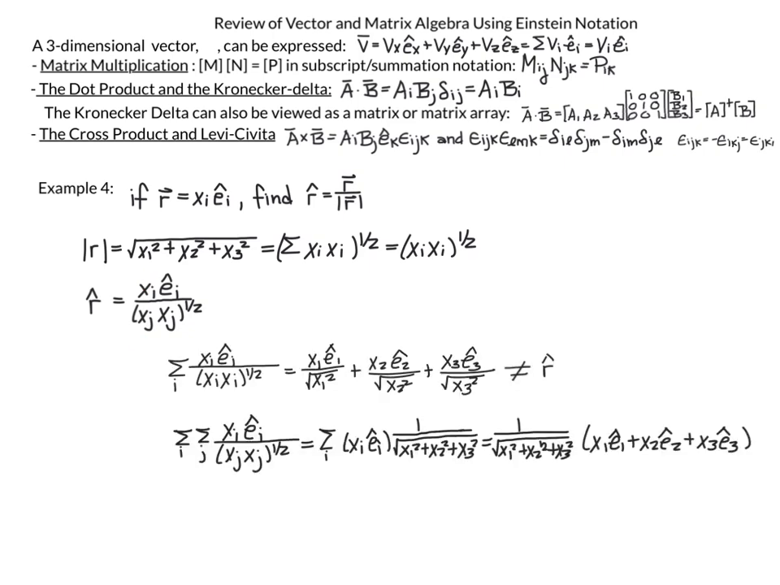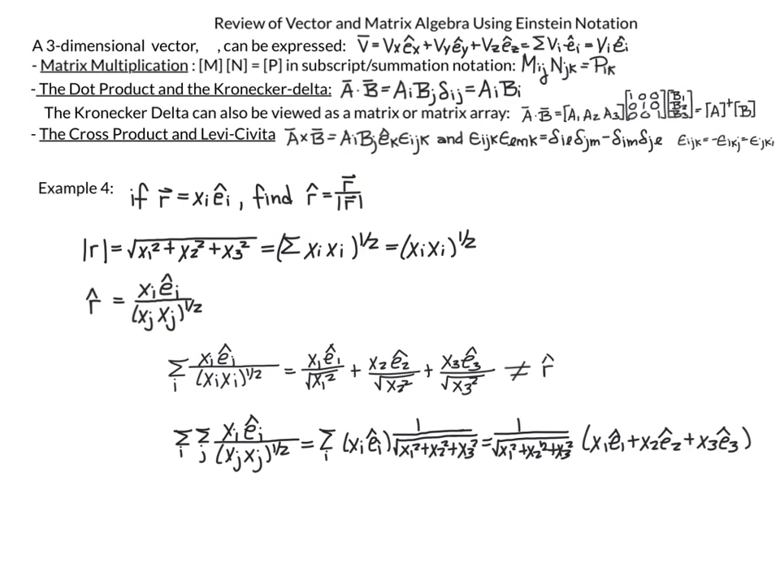To see why, if we didn't do them independently and we used the same index in both the top and the bottom term, you see that that would equal, when i equals 1, x1 e1 over x1 squared, plus, for i equals 2, x2 e2 over x2 squared, plus, when i equals 3, x3 e3 over x3 squared, which is not equal to r. You can see when we keep the indices separate, so x sub i, e sub i, over x sub j x sub j to the 1/2,